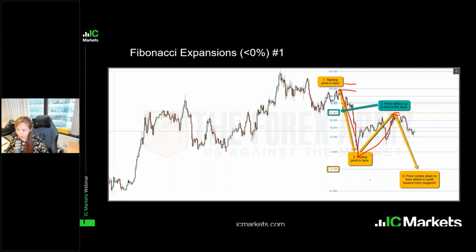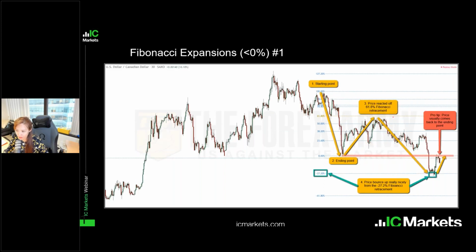And boom, you can see that price reacts at 27.2%. This is how we draw. All right, we can use this one. Why? Because it's retraced at least 50% already,